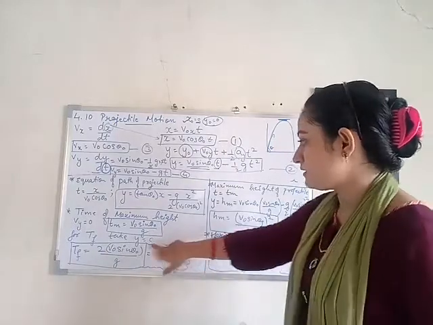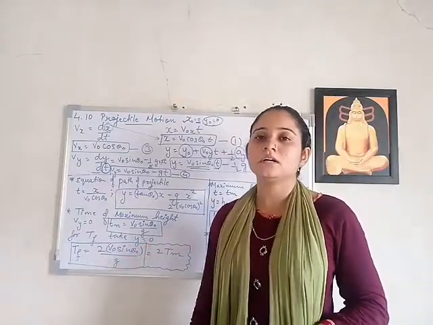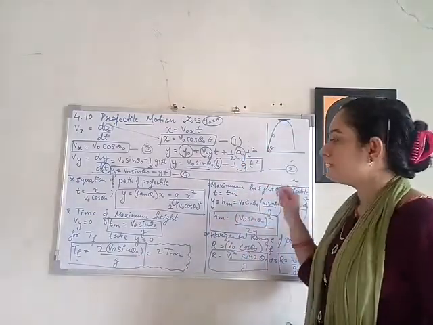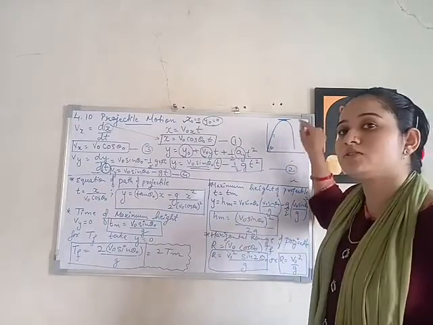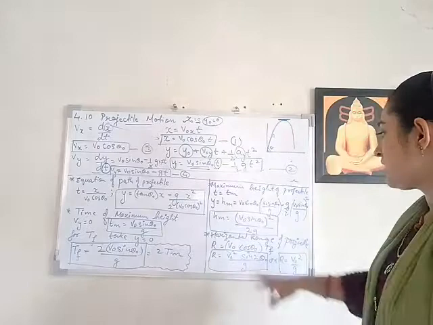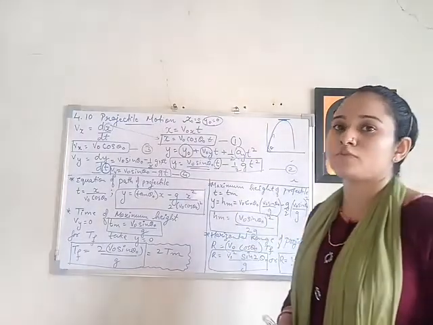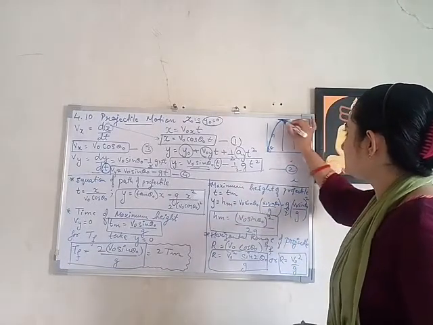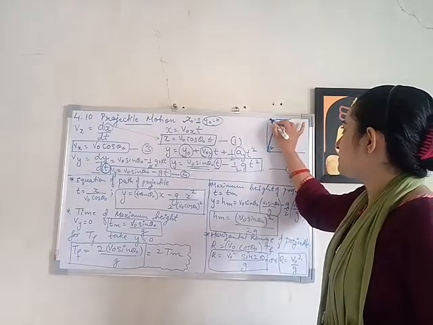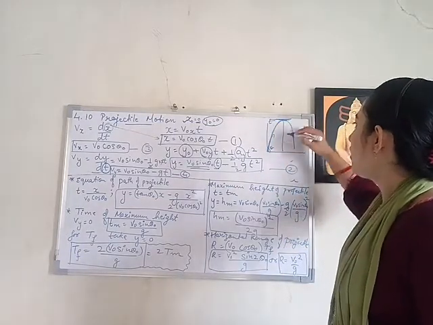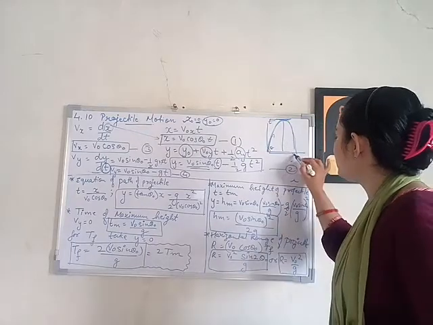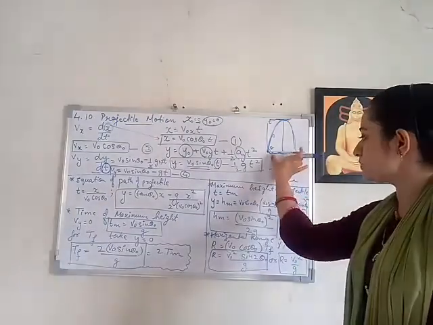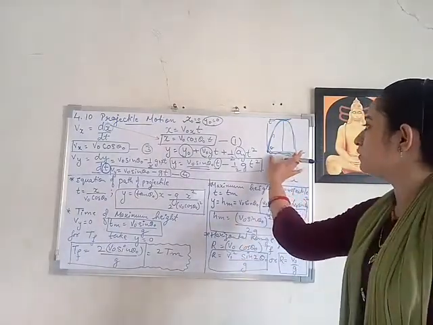So this is the time of flight, that is, for how much time the object remains in the air. Next is the maximum height of the projectile, that is, how much maximum height this projectile will obtain, and next is the horizontal range of the projectile. So you can see here, this is the maximum height, this is at this place, and this might be the time of maximum height, or you can say that in the horizontal direction it covered this much path. Clear? It covered only this much path, that is, the horizontal range of the projectile is only this much.